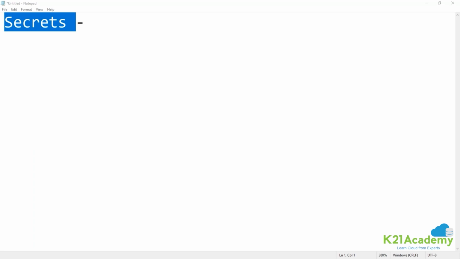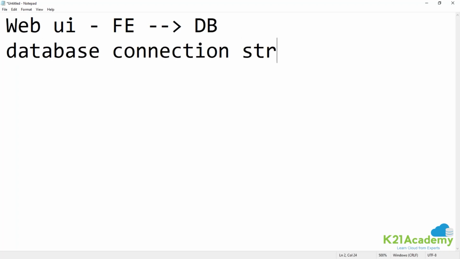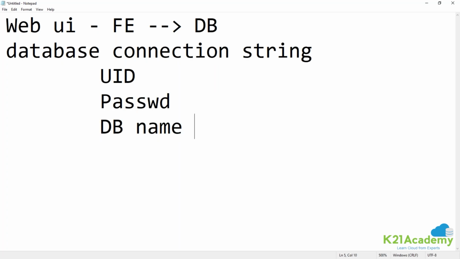So there is some sensitive information that we have. For example, I have a couple of microservices, and say maybe I have a web UI which is acting as a front end for me, which needs to talk to my database. All right. And what does it need? To talk to my database, it needs to have my database connection string, which consists of my user ID, my password, maybe which DB name, some sensitive